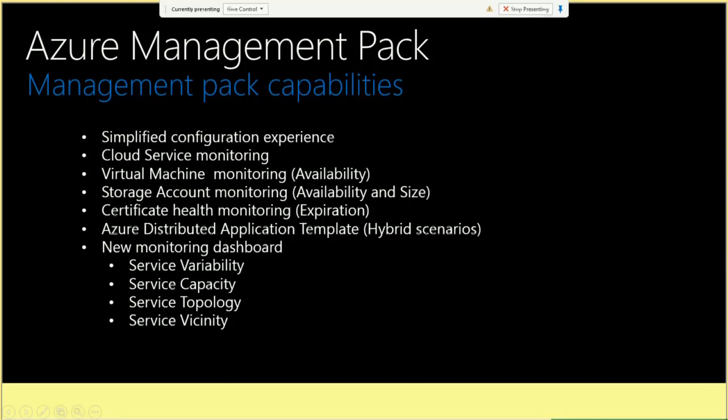Maybe let's start this. Anyone using Azure today? Awesome. Anyone using EC2? Perfect. So both people that are using Azure and EC2 today, you'll be able to monitor all your infrastructure and all your application after we finish our demo using the two management packs from one single point of view